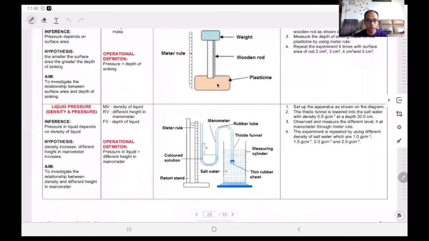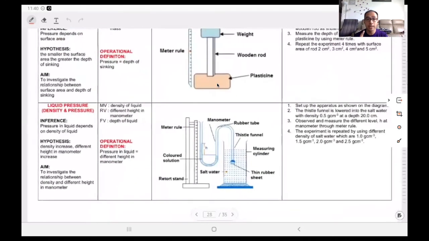So this is how the experiment is, if it is liquid pressure. So pressure depends on density. The bigger the density, the bigger the difference of height in the manometer. This is our operational definition. You can actually write the bigger the density,